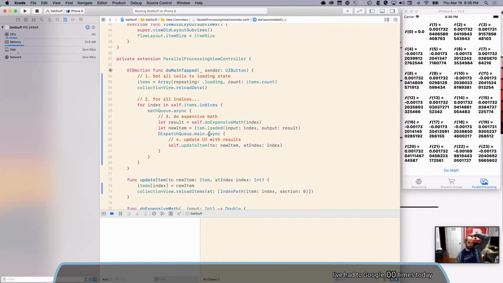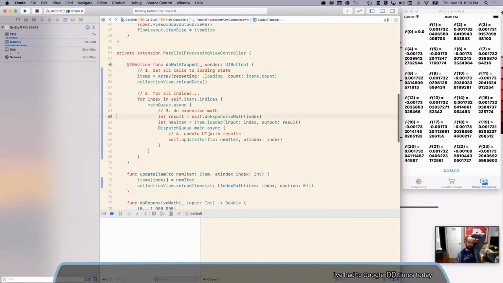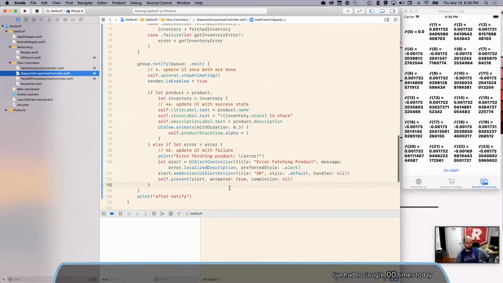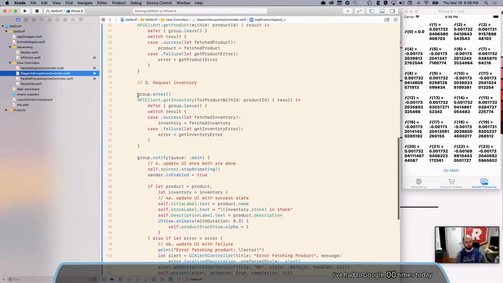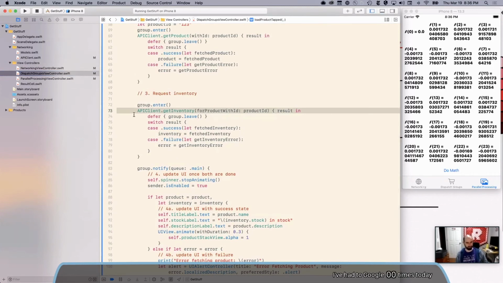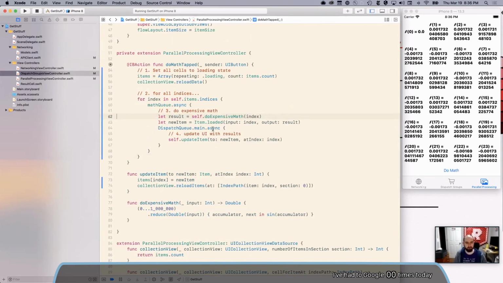So one quick thing on sync versus async. Remember how back in our dispatch groups example, we set those breakpoints and we jumped all around? We did our inventory thing and then it just enqueued that and we jumped to the next one, and later when that came back, it ran in here. That's because these things happen asynchronously. Sometimes you will do some work that is synchronous, and what that means is it won't just enqueue that work on the queue and go on to the next thing. It will sit there and wait until that work finishes before going on to the next line.